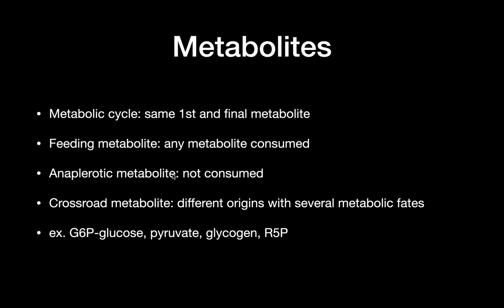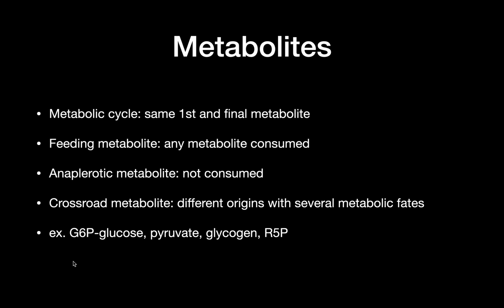The metabolic cycle means that there's going to be the same first and final metabolite. So it's going to be consumed and recycled. The feeding metabolites are the metabolites that are consumed and not replenished. We have to eat to replenish these metabolites. The anaplerotic metabolites are not consumed. These are the ones that undergo isomerism, but the carbon skeleton itself is the same. It just goes through different